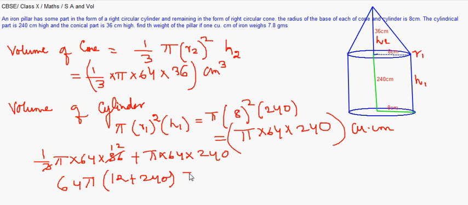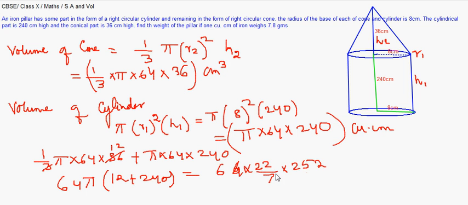I now replace pi as 22/7 and 64 into 22/7 into 240 plus 12, that makes it 252. I rectify that, 252, and we solve this, I get